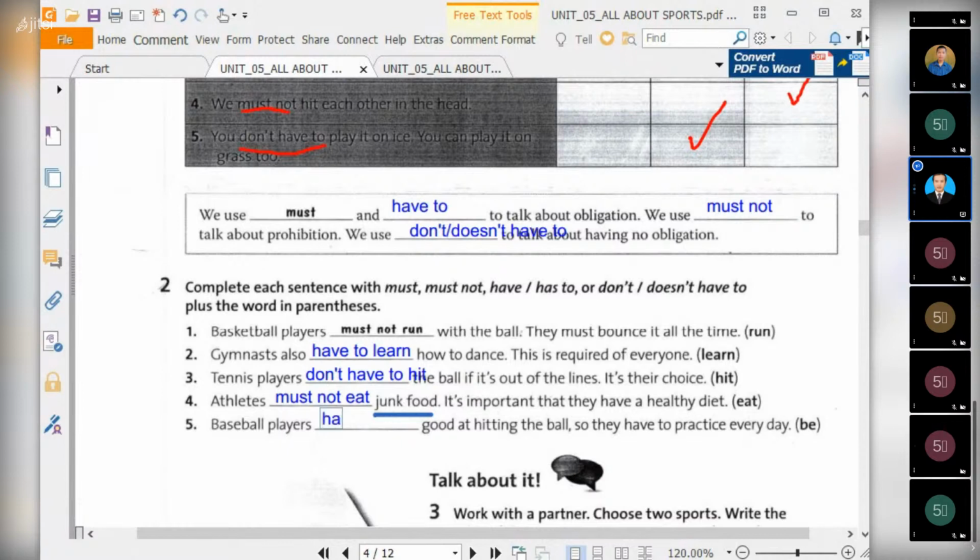Everybody, you understand this grammar. I'm so happy